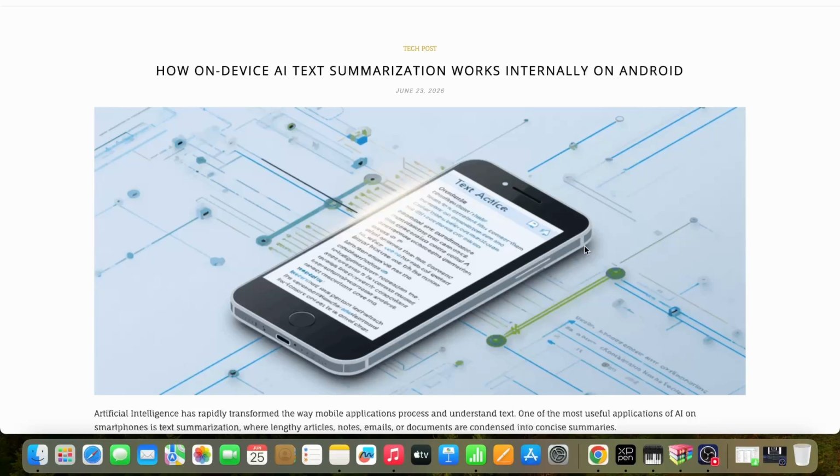Today in this video we will get to know how on-device AI text summarization works internally on Android. So basically I have created this post, and we will be going through it and understanding the steps involved in AI text summarization. On-device text summarization means that in this video we'll be getting to know